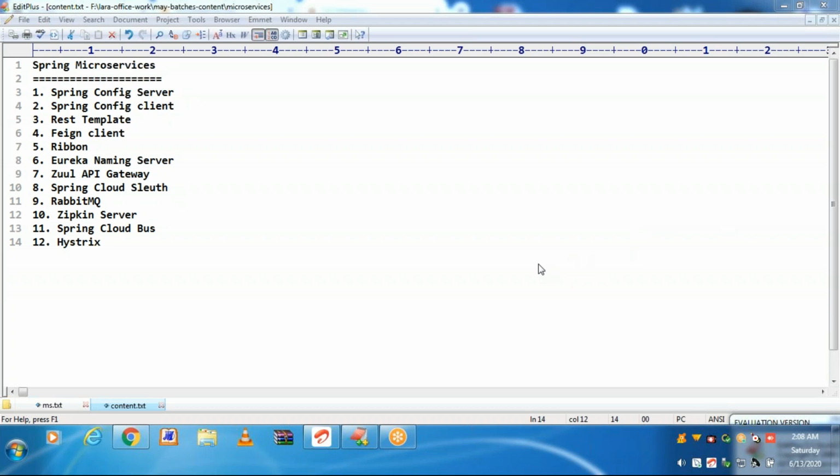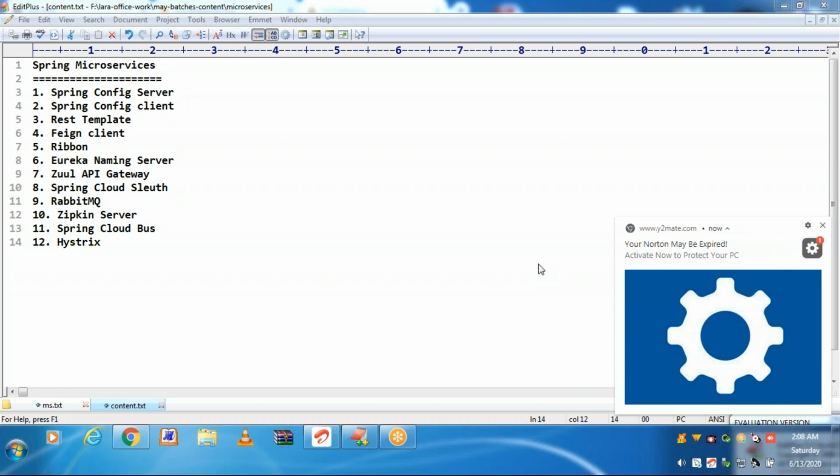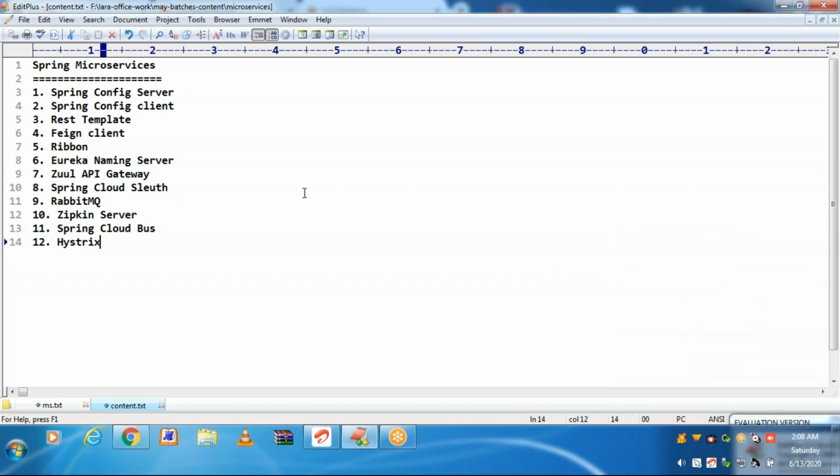I will be using a Windows system. All Windows configurations I will be showing. And this class will be happening through GoToMeeting. So you don't need to install anything beforehand, but still I'll be sending the link maybe half a day before itself. Then you can install the GoToMeeting client. You can even install it after receiving the link, before starting the class. It is very simple. It won't take more than 2 minutes.